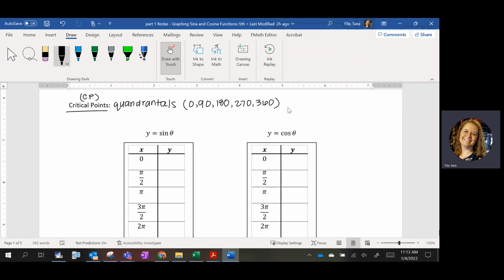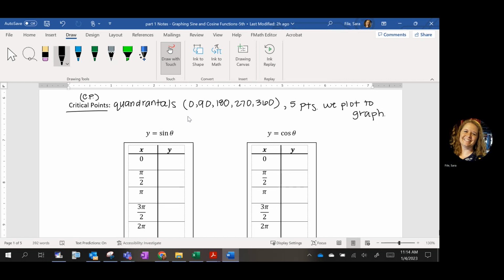And so those are the 5 points we plot to graph. We are not going to worry about plotting all of the 30, the 45, the 60, etc. We're just going to graph these 5 points, the 5 quadrantals. Those are going to be the maximums, the minimums, and the points right in the middle. Okay. So for sine,